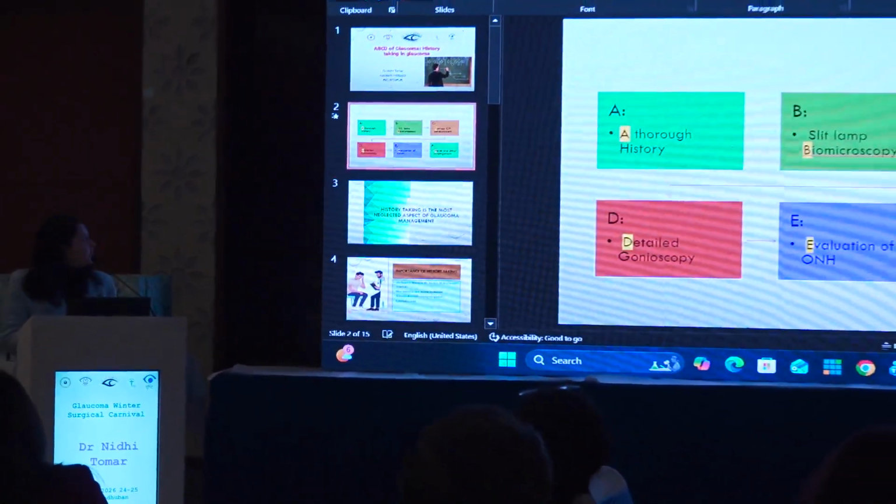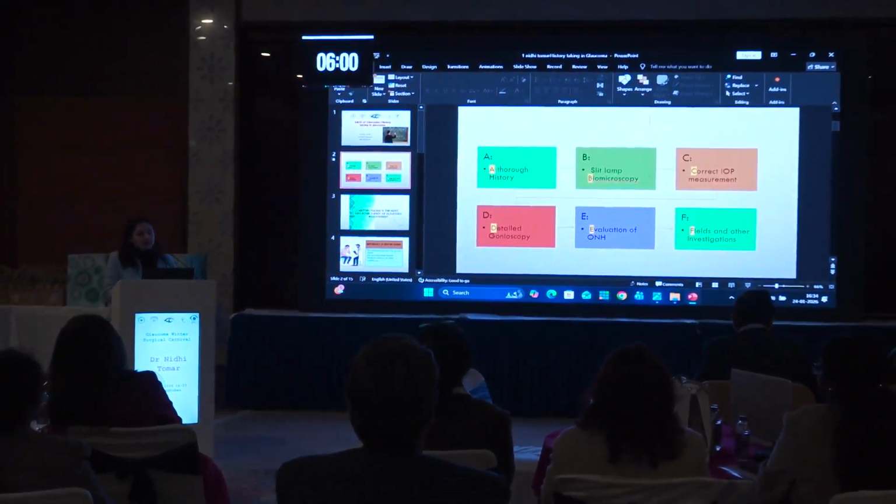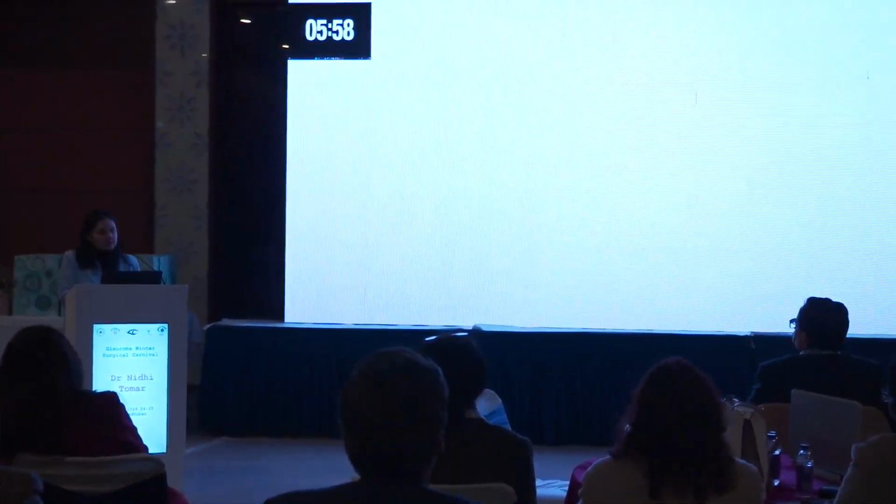So we'll start with the ABCD of glaucoma, that is the history taking in glaucoma. A stands for a thorough history of the patient, B is for slit lamp biomicroscopy, and